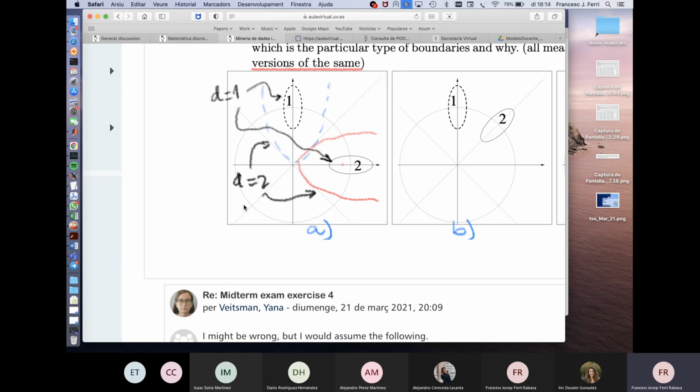Good answer for the exam. But it's not the correct answer. The correct answer is that somewhere around here, more or less, we have